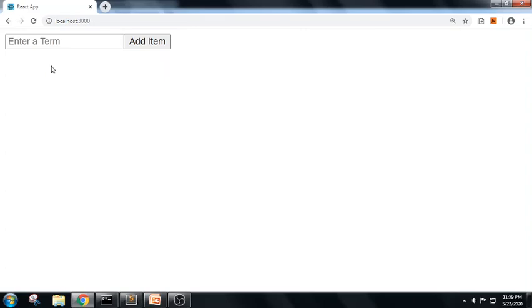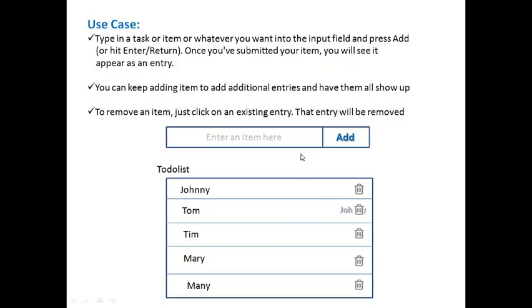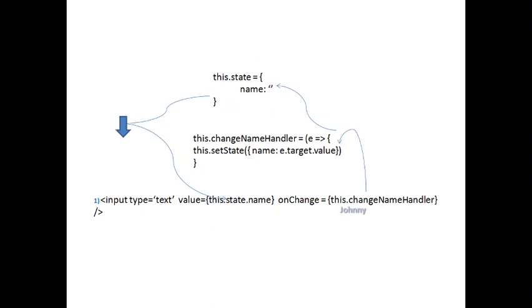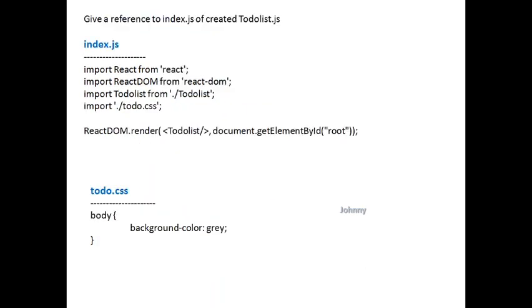So let us look into the presentation part and we can conclude. So today we were trying to do a to-do list where if the user trying to type an element, it will try to list in the below, and based upon the user click, it will try to delete it. So this is how the entire logic will be based upon this form elements, that is form handling. We were trying to perform first one. We are trying to add a button and input element using to-do list.js, and we were trying to apply some background color.